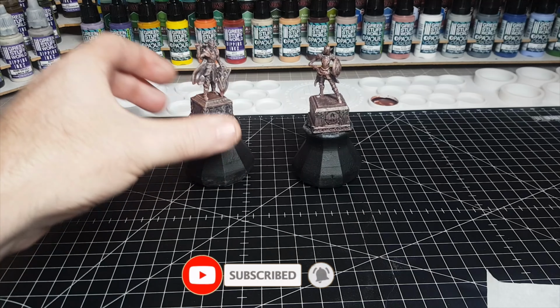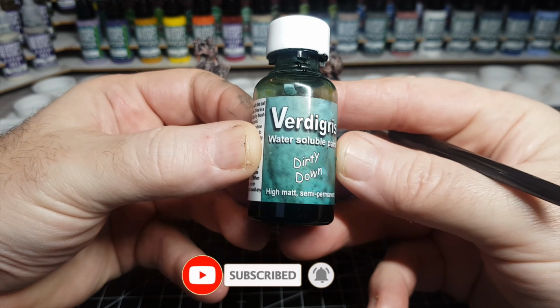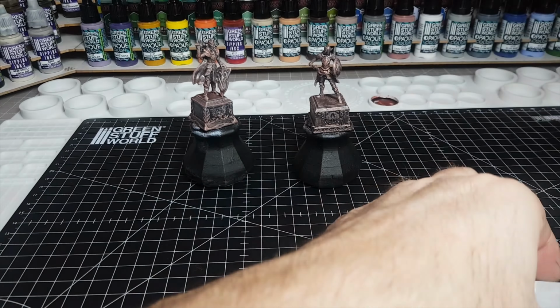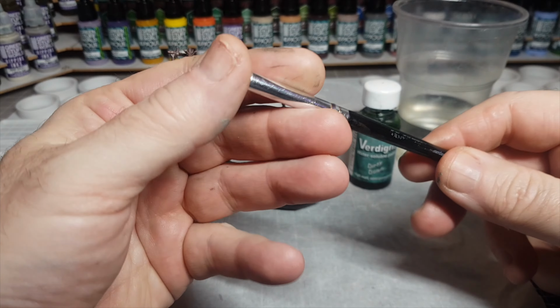So now I want to make it a bit more aged, so I'm using this stuff, Dirty Down. I don't know if you've ever used this before, guys. I've normally used the Dirty Down Rust, and the results are just awesome. It really is like rust in a bucket. But as you can see, this one is the old verdigris, and this is going to make the copper